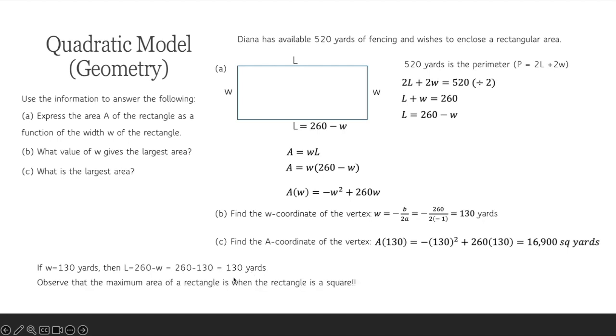And then observe that the maximum area of a rectangle is when this rectangle is really a square. It's when she will obtain the maximum area. Maybe she's trying to make a garden and make a fence around it to avoid the rabbits and other things. So what's the best way to build? It's as a square. So that's